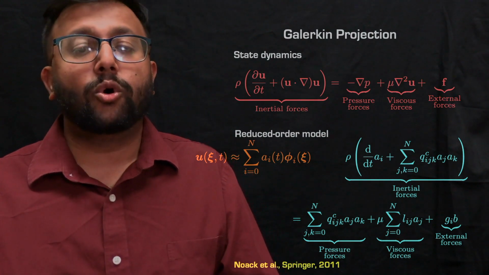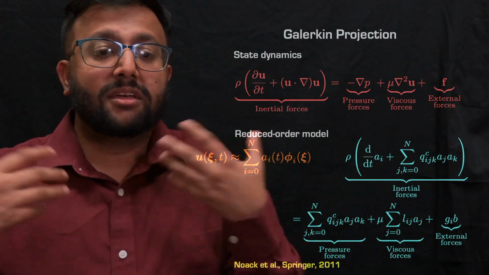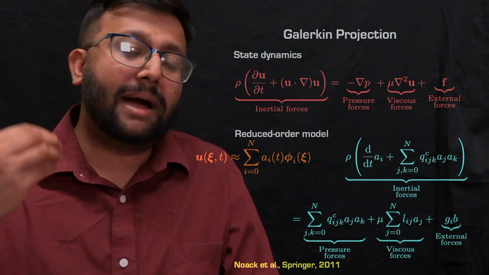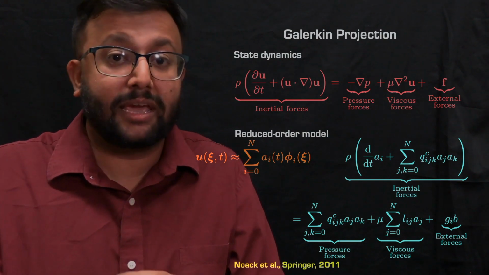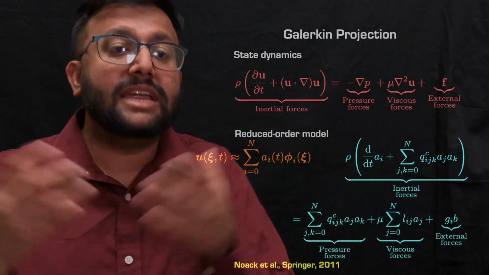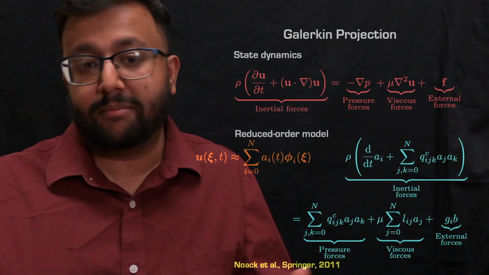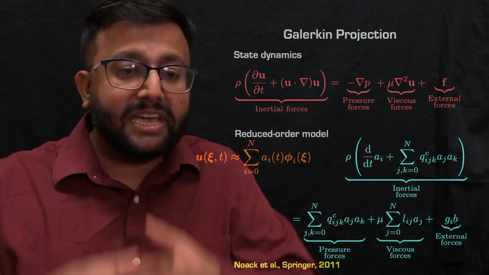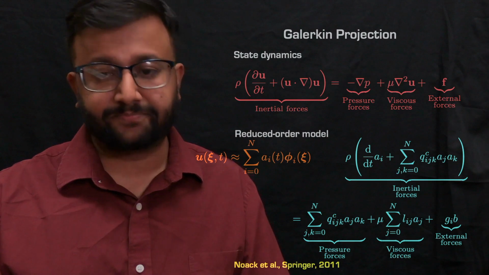Okay, so now we have converted this complex PDE representation of the state dynamics by doing this POD decomposition and substituting it, and using the fact that POD modes are orthogonal, we get this really nice ODE representation of the system dynamics, of the temporal coefficients. And once you have the temporal coefficients, you can always go back and reconstruct the full high dimensional flow field.